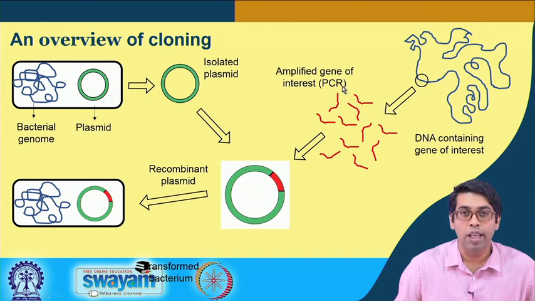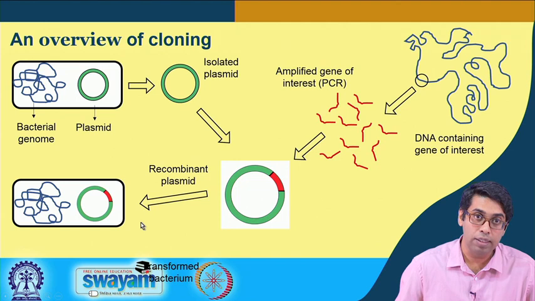Using polymerase chain reaction, we copy and amplify this gene of interest. Now, this and this are both isolated in two different test tubes. So, now we combine them so that these particular genes are inserted into this plasmid. This is the plasmid which carries our gene of interest, and finally, we insert that into the bacteria to get our bacterial clone. And now this bacteria will make our protein, and we can break open this bacteria and purify it using chromatographic techniques that I have already discussed before.